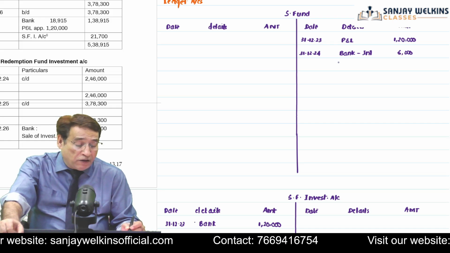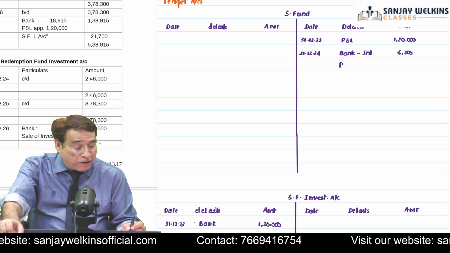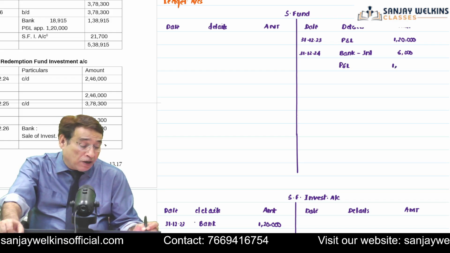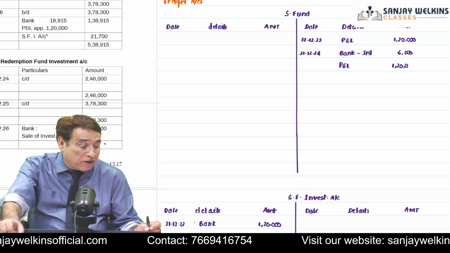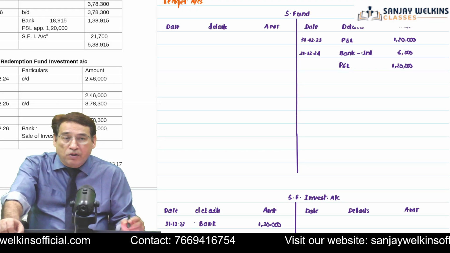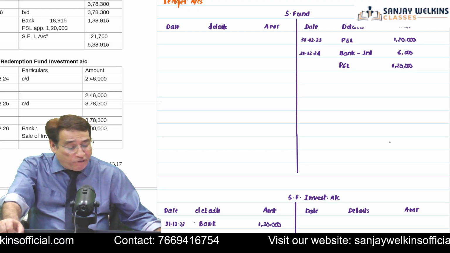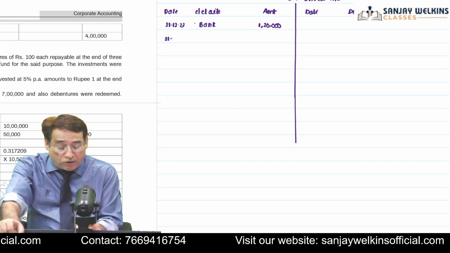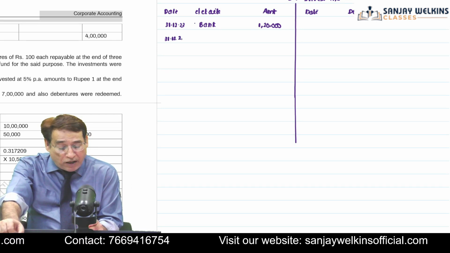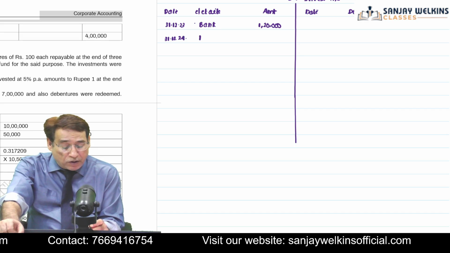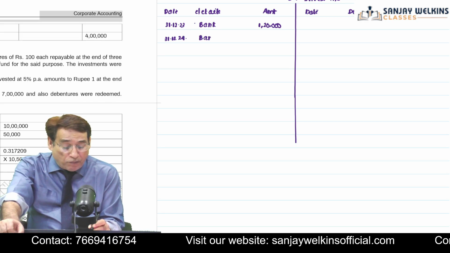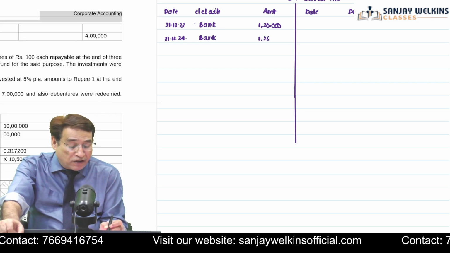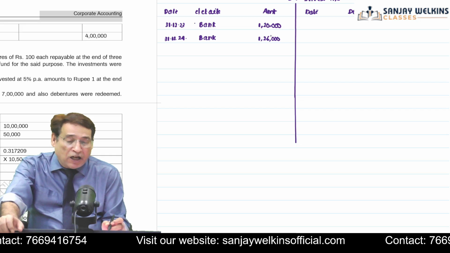Also, at the end of the second year, we are going to appropriate a part of the profit. So once again, I will write by P&L, annual appropriation. Amount of annual appropriation will remain same, 1,20,000. So these two things, correct? And finally, we will have to invest the amount. So on 31st of 12/2024, now I am going to make the investment. So sinking fund investment account debit to bank account. But we must exercise care that our investment is equal to 1,26,000.